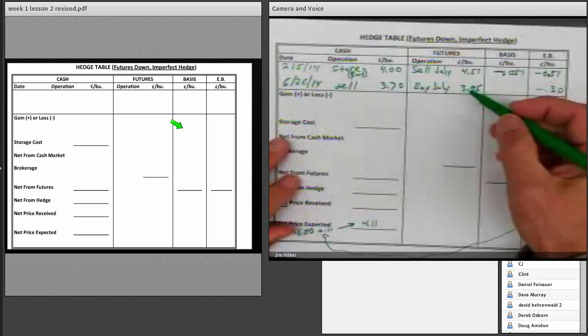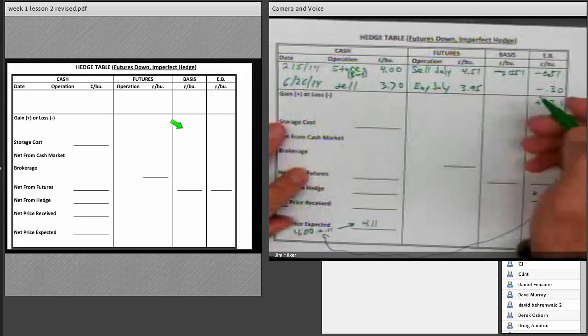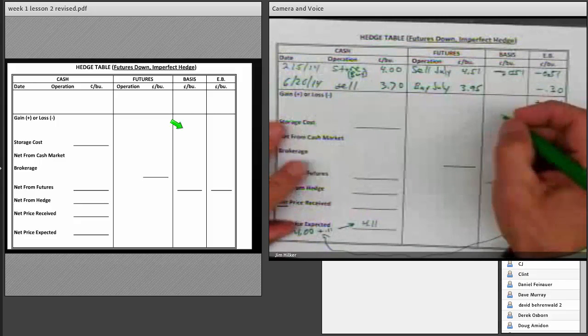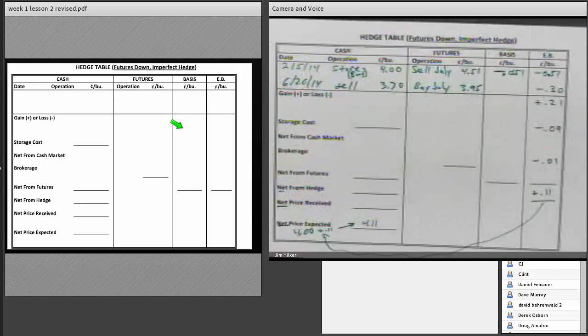Anytime the basis strengthens more than you expect, in this case by a nickel, you'll do exactly that amount better. If we look at this previous chart,